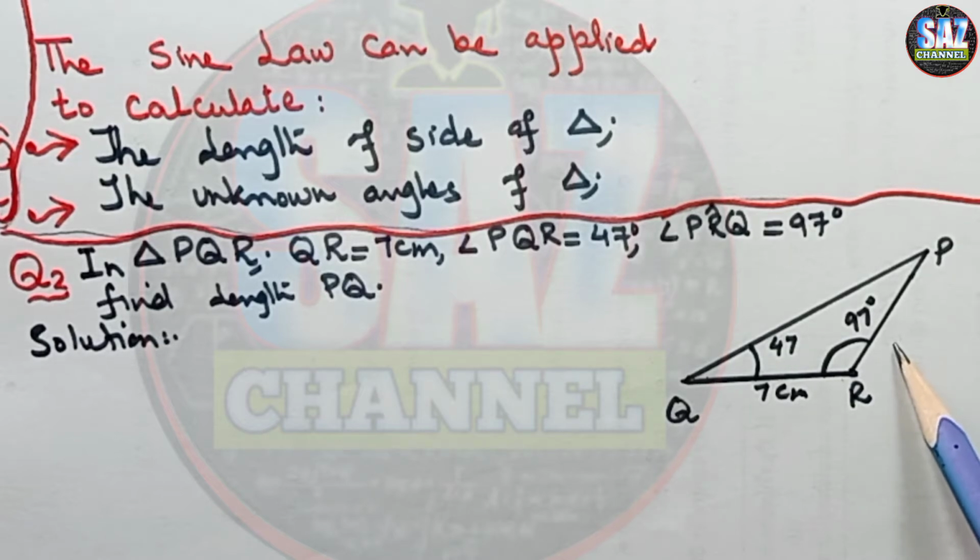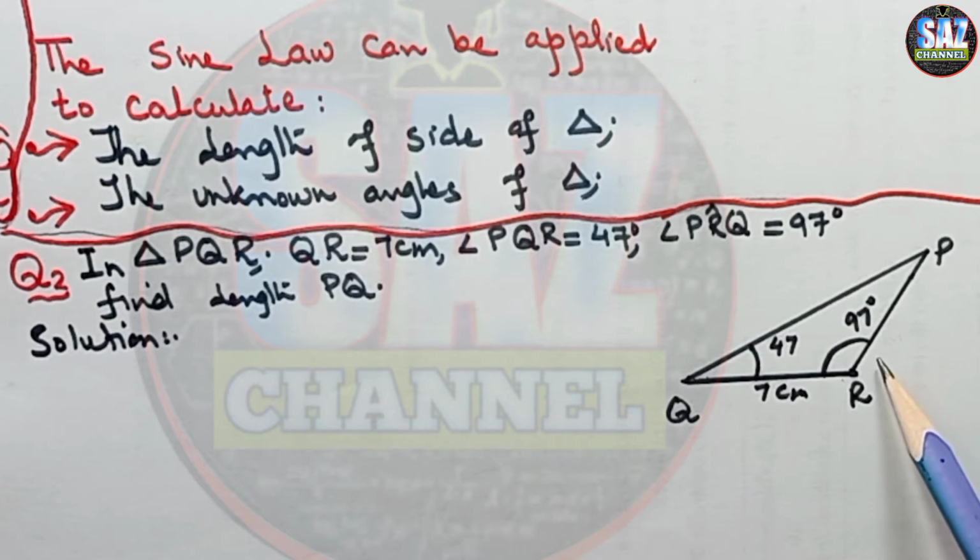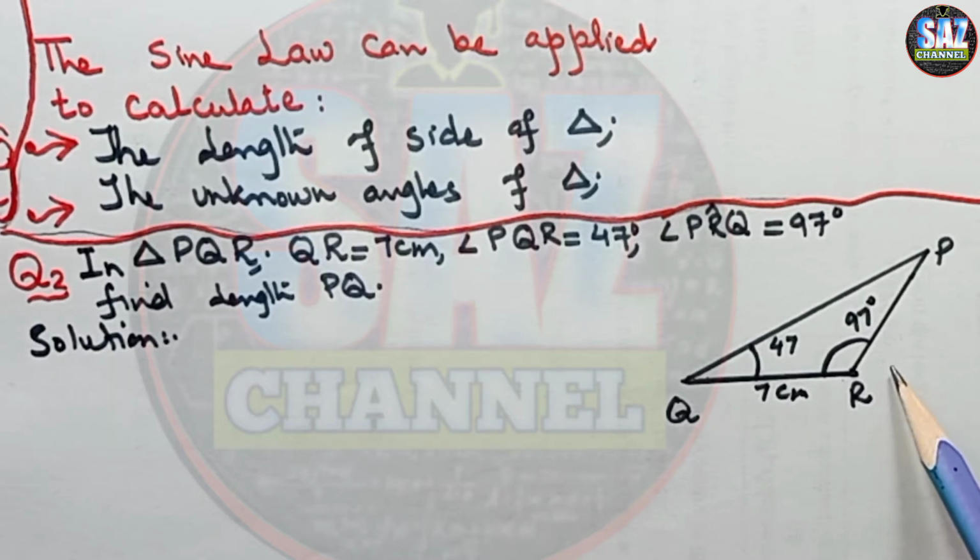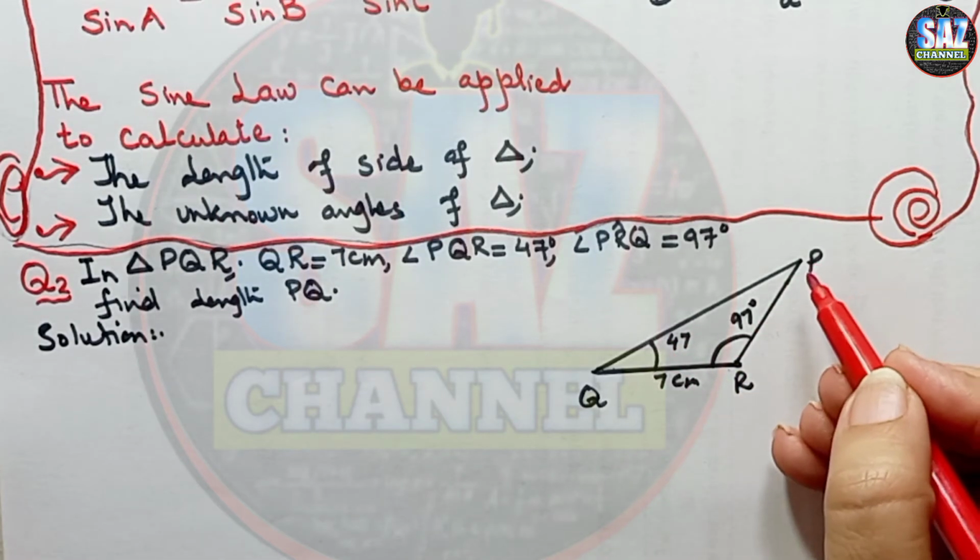I will be going really slowly in this lesson because most students mix this concept up with Pythagoras theorem or basic trigonometric ratios. We cannot apply Pythagoras and basic trigonometric ratios to this question because the triangle given to us is not a right angle triangle. So the next thing we can apply for the solution of a non-right triangle is the sine law. According to the sine law, first of all we have to mark the lengths with small letters.